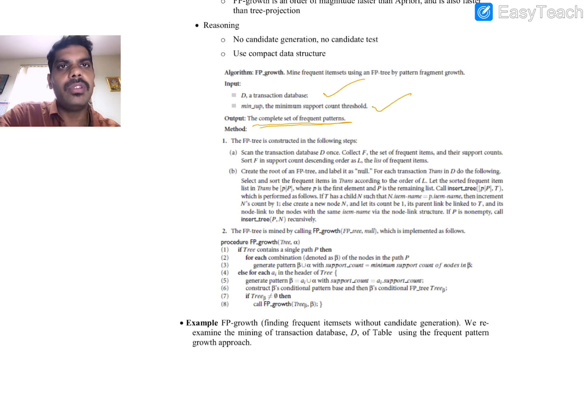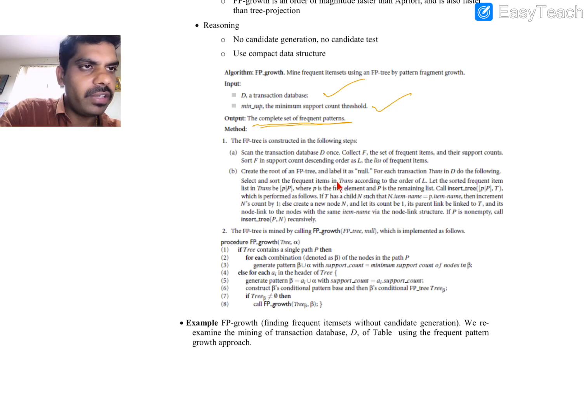Why? Because we are going to construct the tree. The tree is always designed with the help of a hierarchical representation of data. So first come first serve, in the sense that whenever we specify a list of items, there should be some priority. Here the priority is given based on frequency. The highest frequency will be considered first, the lowest frequency next. Because of that reason, we have to rearrange the elements.